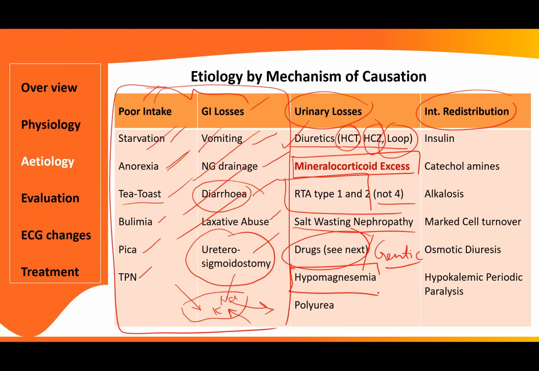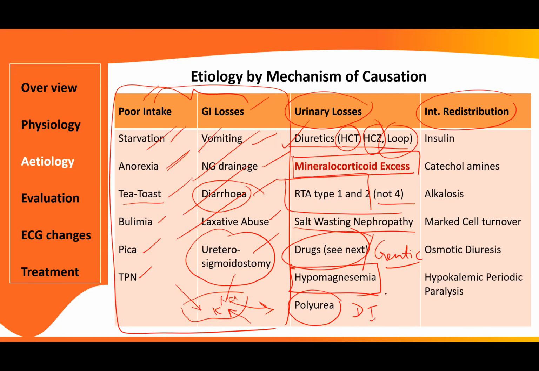Another important thing is hypomagnesemia is an underlying factor for hypokalemia. So if you just replace the magnesium, the potassium gets corrected. So never forget to look at the magnesium whenever there is hypokalemia. And polyuria, compulsive polydipsia, diabetes insipidus, these are also causes where excess urine is produced, and during the excess urination, there will be also loss of electrolytes. Potassium may be lost. These are the urinary losses.